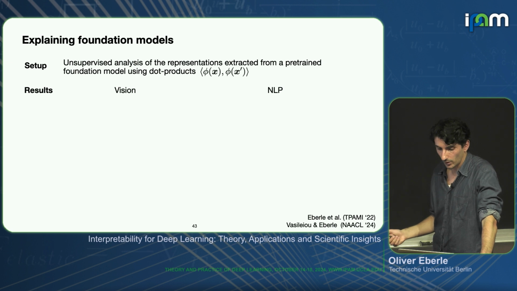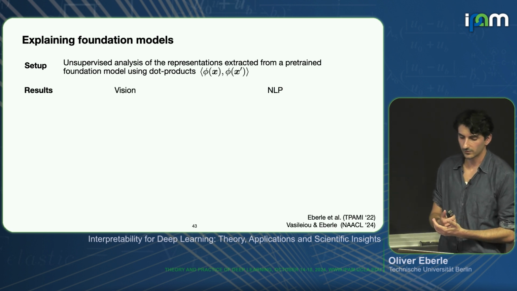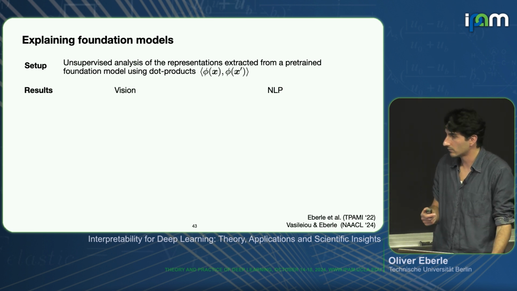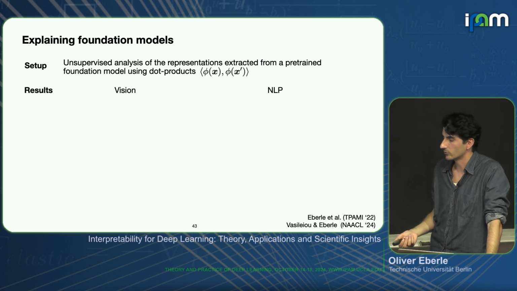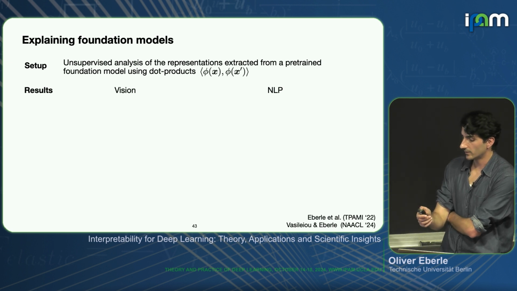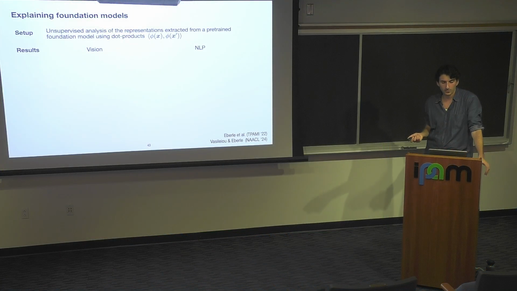And what can we do with this? I think it's quite useful because generally you can analyze unsupervised settings. Because in the previous block of the first order cases, we had this classification setting, so you always need to have a clear task that you're interested in, like a classification task. But what this allows you now is to extract representations from any model and compare it to any other data point that you're interested in. So you can have a reference data point, you can compare it to itself, you can compare it to a different modality.